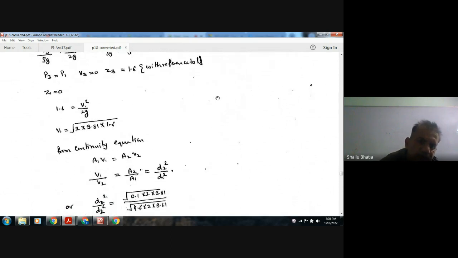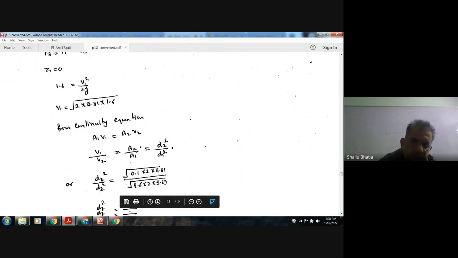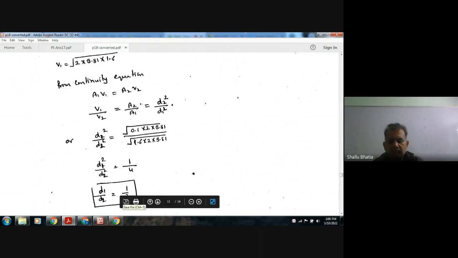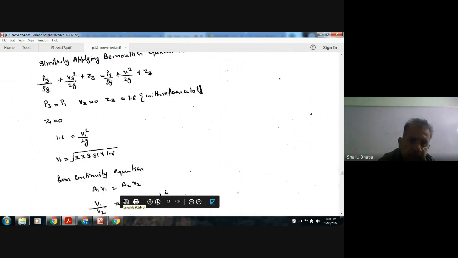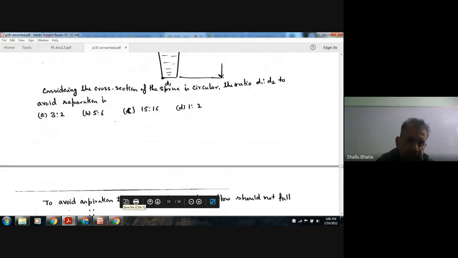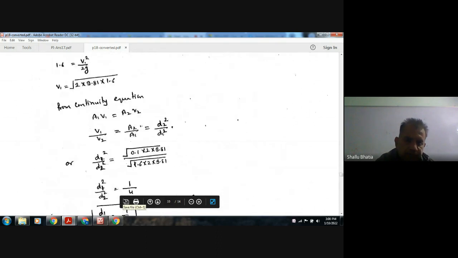Now applying continuity equation, A1 V1 is equal to A2 V2. So V1 by V2 is equal to A2 by A1, or D2 square by D1 square. Okay, and so the area ratio here is 1 by 4. Putting in the values, okay, we have D1 by D2 is 1 by 2. Answer is 1 by 2. So D1 by D2 is 1 by 2, option B is the right one. Next,